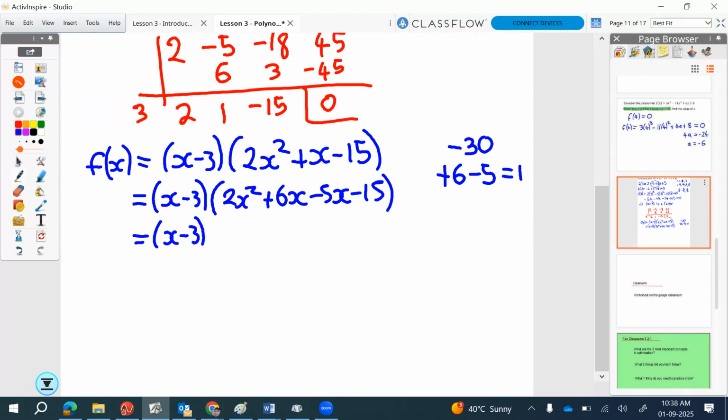Adds up to 1. Then this no. Yeah, but you don't have to put the factors, you just put